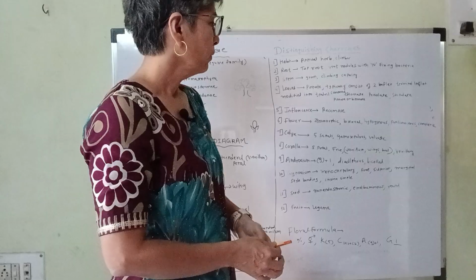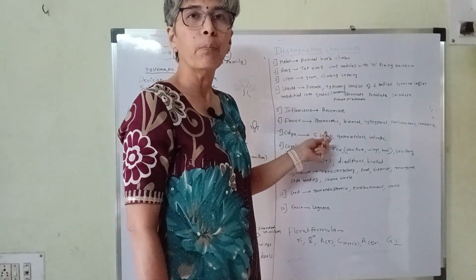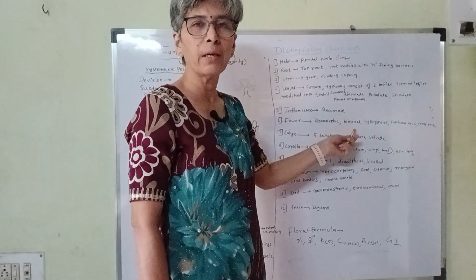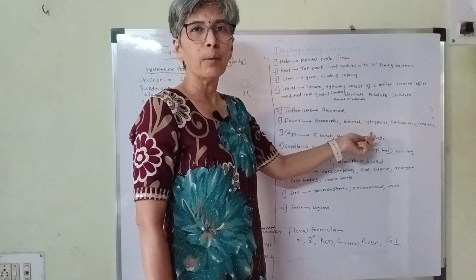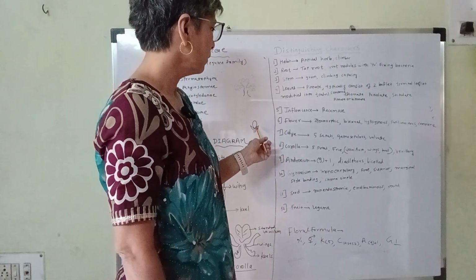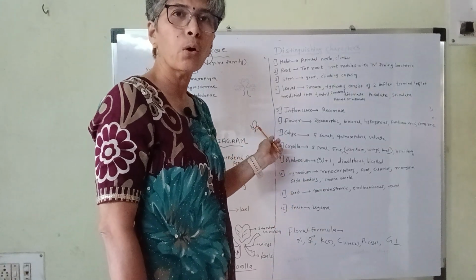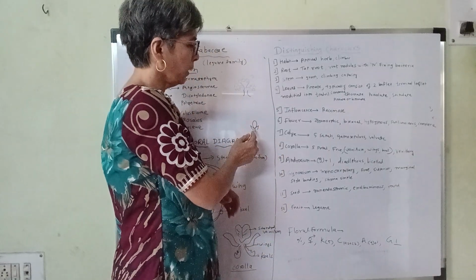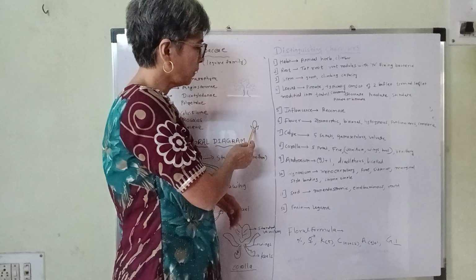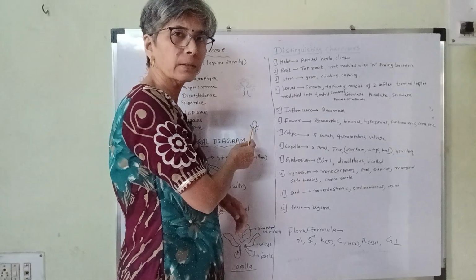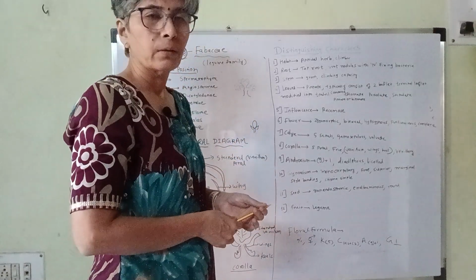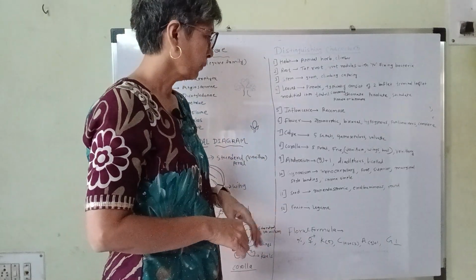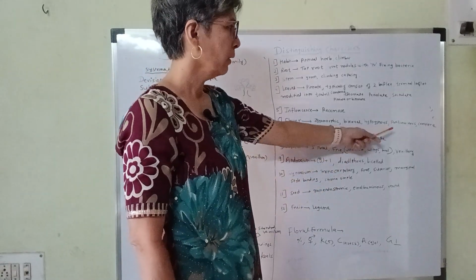Flower. Flower is zygomorphic with bilateral symmetry. It is complete flower, bisexual with male and female gamete. Hypogynous. Hypogynous means ovary is at top position. Okay. See this diagram, this is ovary. It is in top position. Below that there is calyx and corolla. The ovary is not covered by calyx and corolla. Okay. This is hypogynous flower.